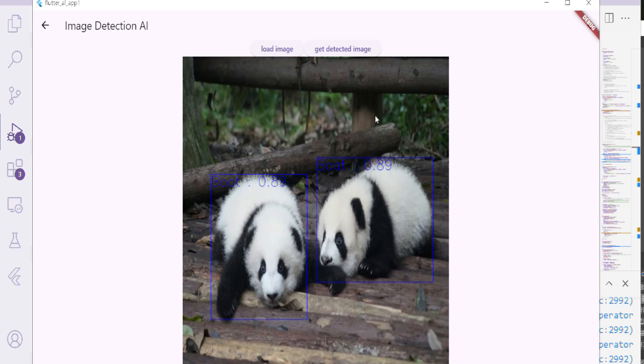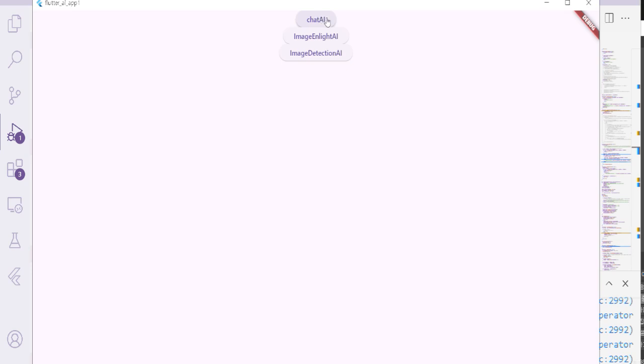So maybe I need to do fine-tuning as well and training again, but I don't have the full resources or training data set or GPU, so I couldn't train this AI. So I just downloaded the model through a website and just use the onnx runtime backend. And this chat AI,